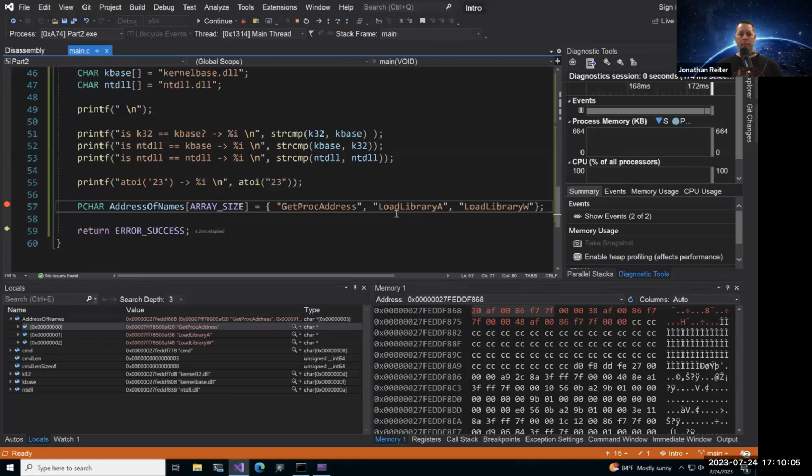Okay, so again, because this is of type PCHAR, pointers to char types, that's why we see address values inside of this. You're pointing to a char type, which is just these strings here. These are all just function names that Windows uses and that people call to load DLLs into memory or to find an address of a certain procedure in memory.